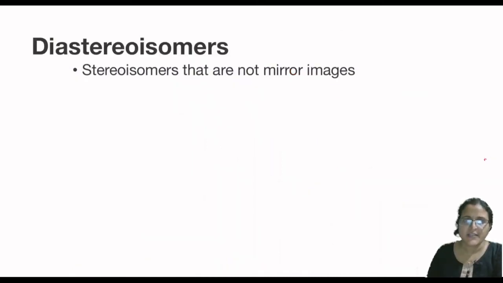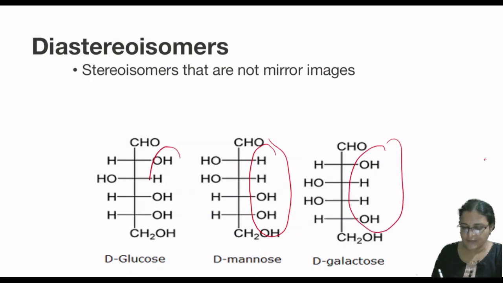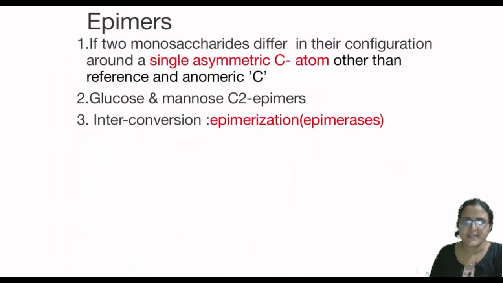Then coming to the diastereoisomers: stereoisomers that are not mirror images are called diastereoisomers. Let's say D-glucose, mannose and galactose. They are not mirror images because, see, lots of different molecules are there. So they are not exact mirror images, they are not entirely mirror images of each other. They are diastereoisomers. Coming to the epimers, if two monosaccharides differ in the configuration around a single asymmetric carbon other